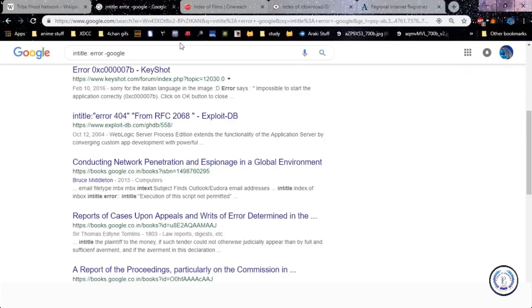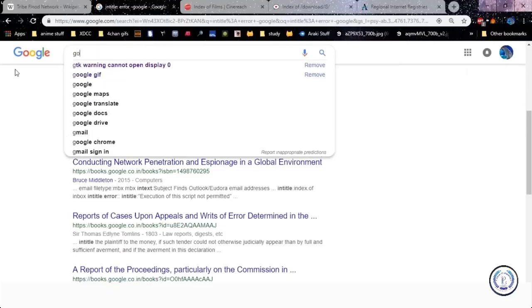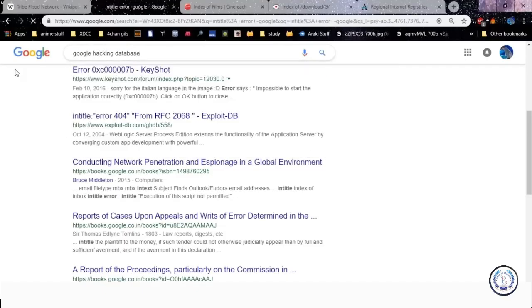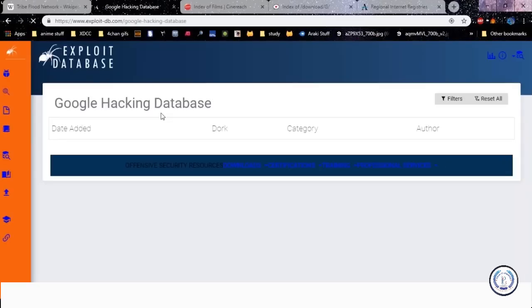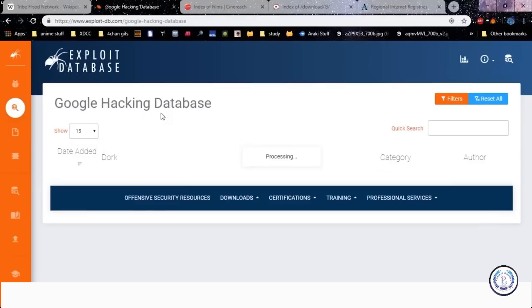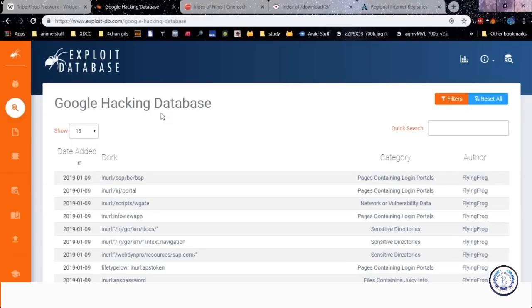Now, let's also show you something called the Google hacking database. This is very useful for an ethical hacker. The Google hacking database was created several years ago by a guy called Johnny Long, who put this Google hacking database together to begin to compile a list of searches that would bring up interesting information. Johnny has written a couple of books on Google hacking, so we're at the Google hacking database website here, and you can see them talk about Google Docs and all sorts of stuff.